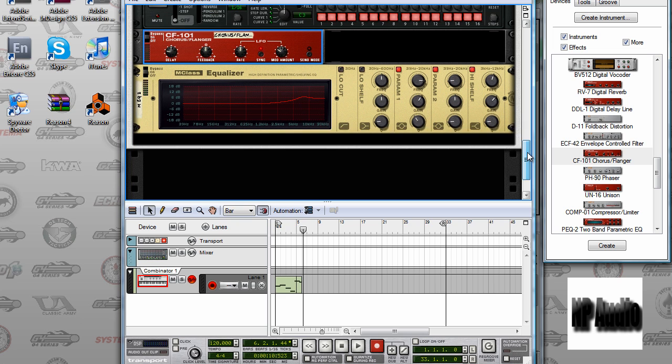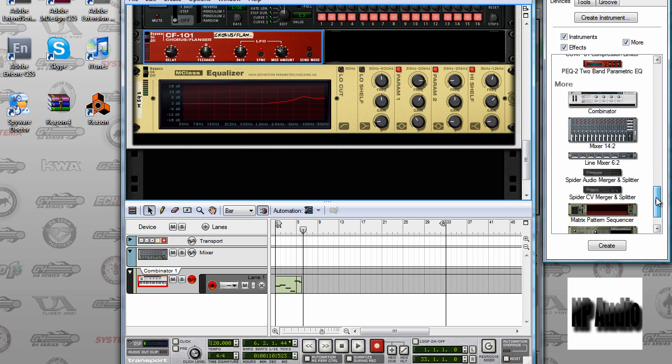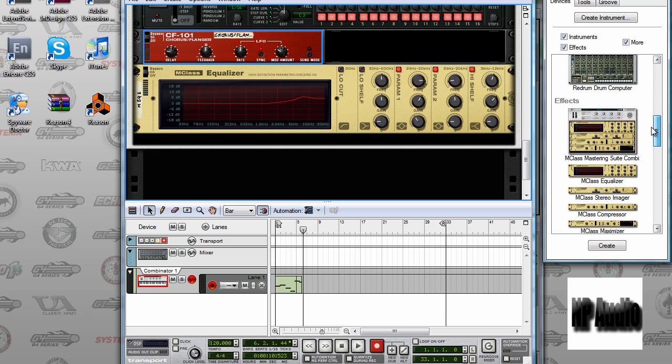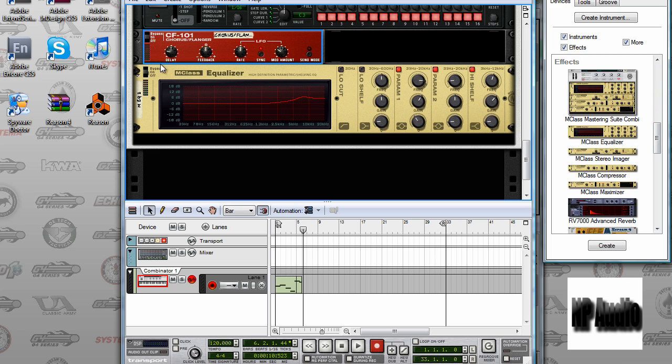We're almost done. Now we want an M-class equalizer, which should be up here. M-class equalizer, and what you're gonna want is this. If they're changed now, it should be 134.20, and then 0.62. Now you want to select the param 1 and put the frequency at 7.558, the gain at